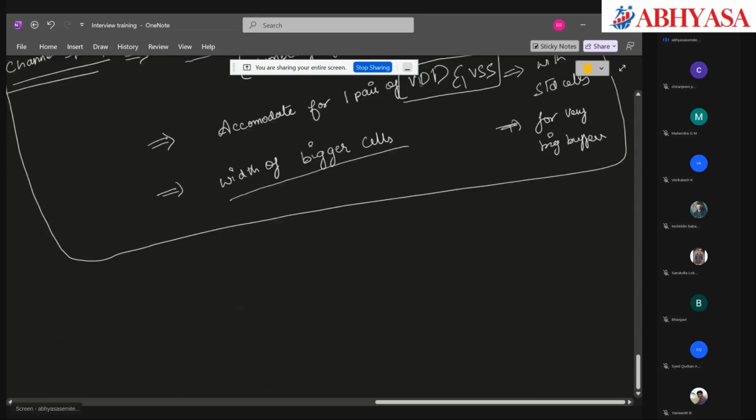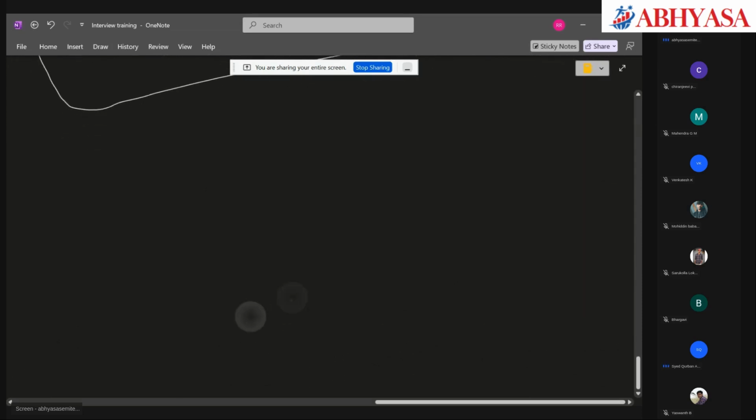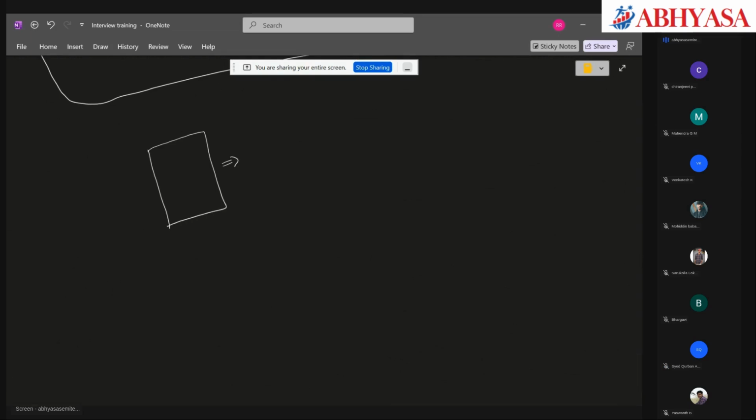Now every macro, you know that a macro is a predefined logic block, right? It will have some layers consumed inside itself. And therefore, for every macro, some layers will be blocked,